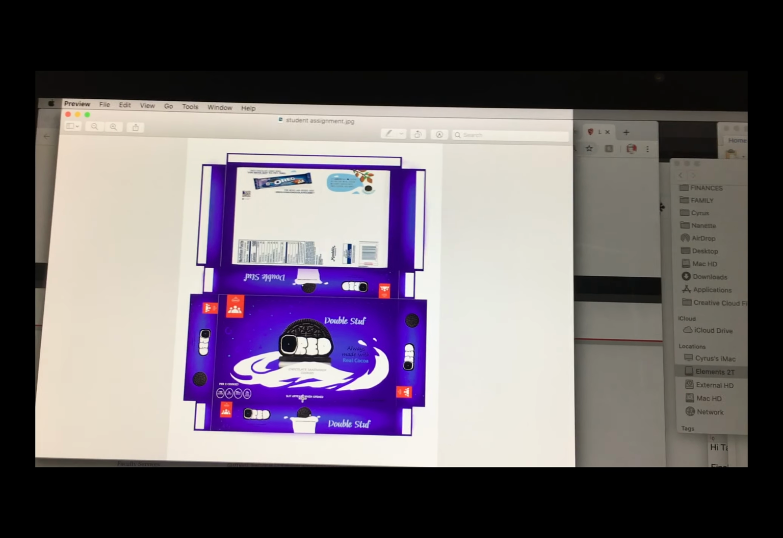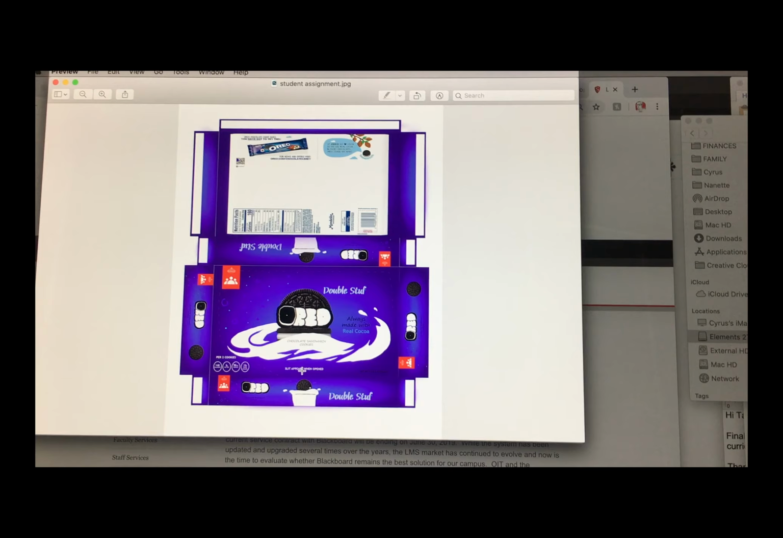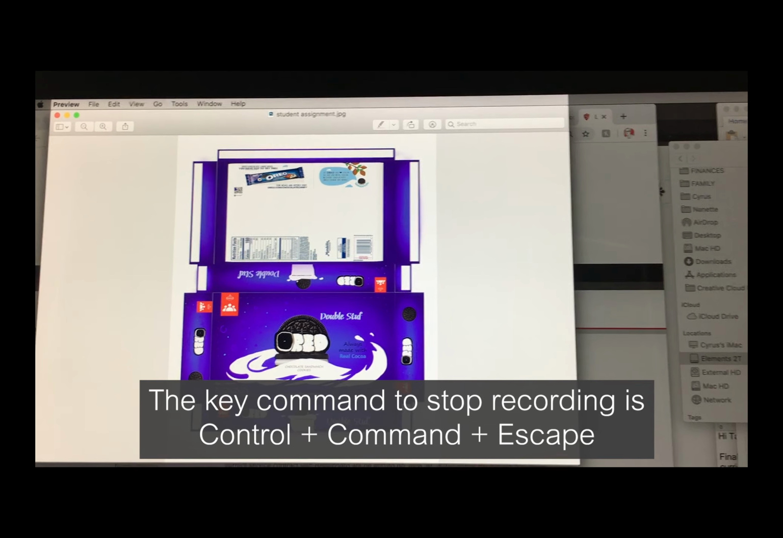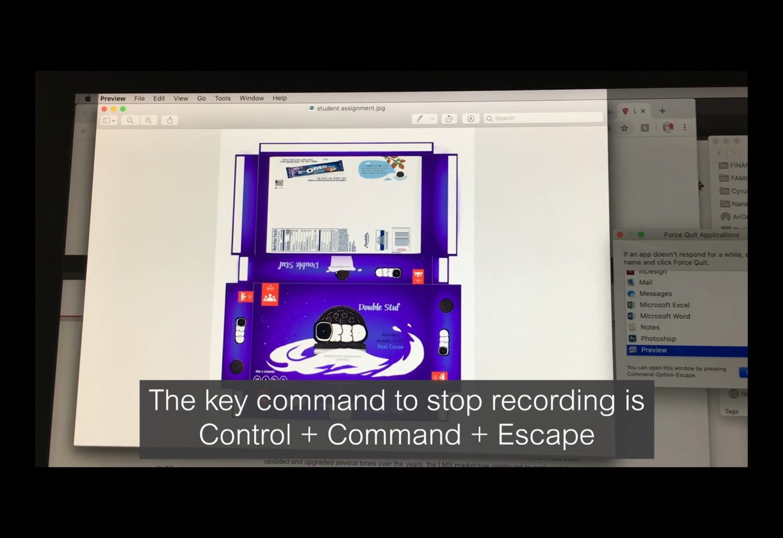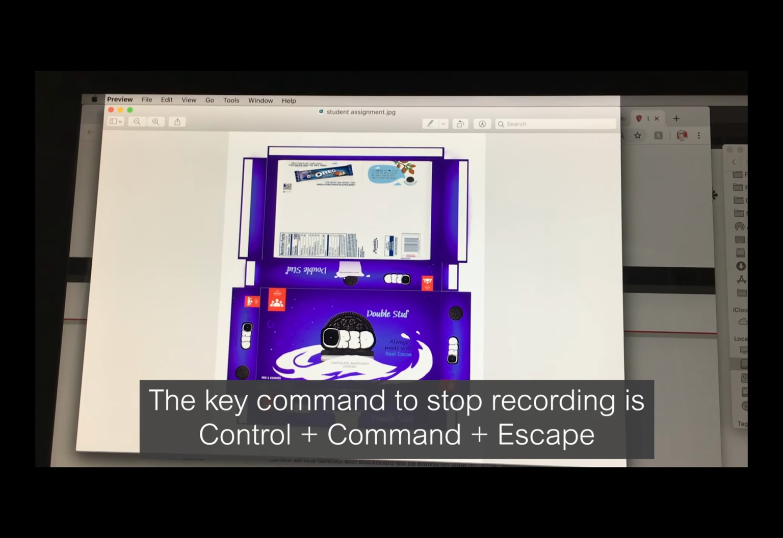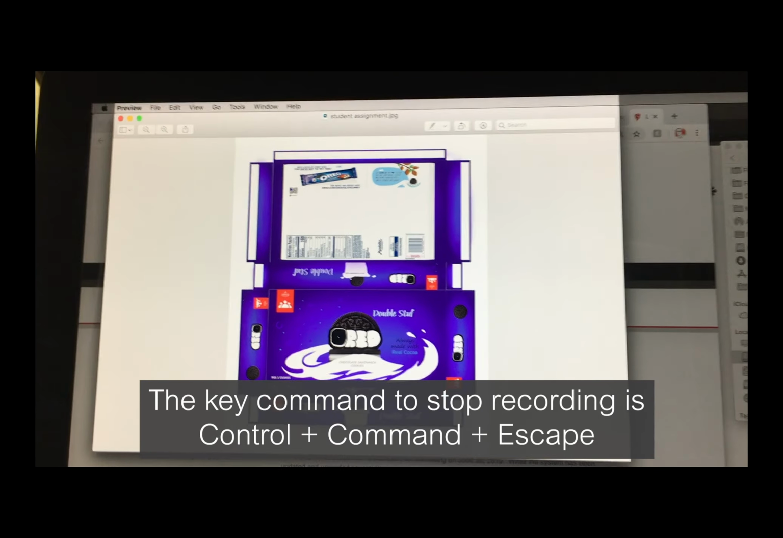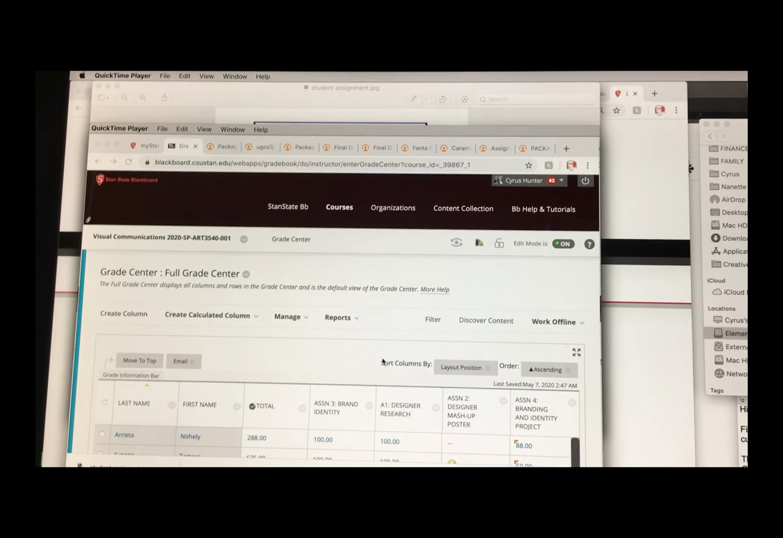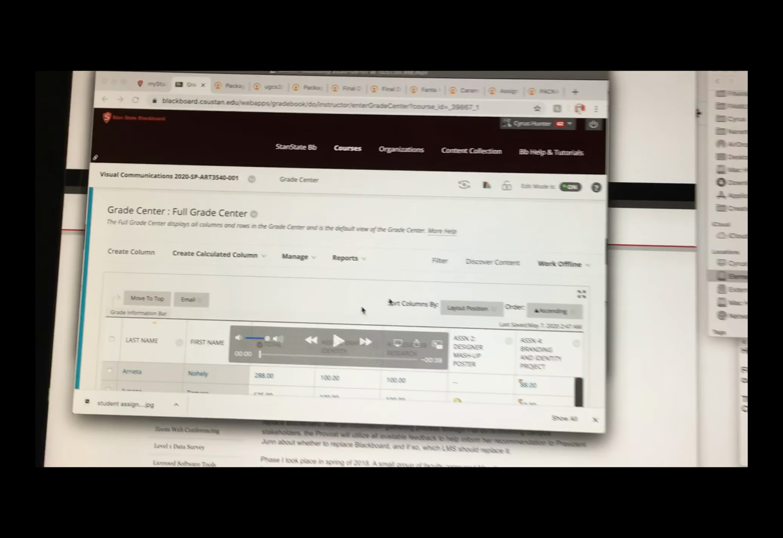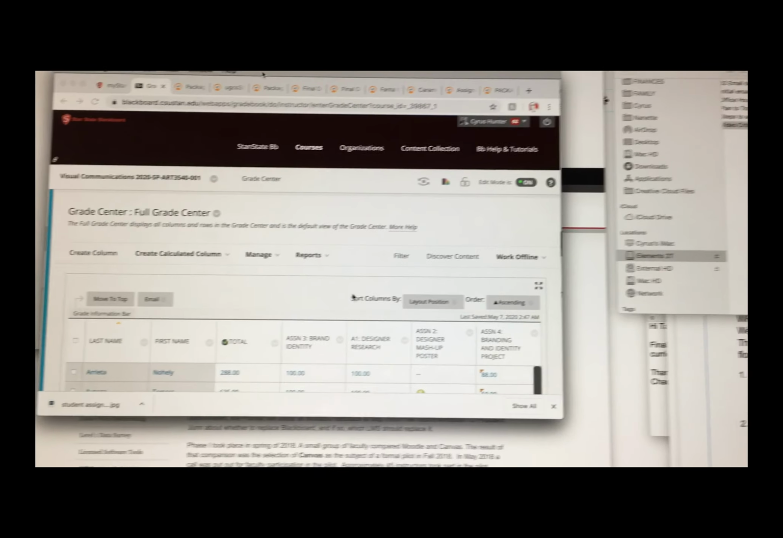When I'm done, I push, I think it's Command Option Escape. Nope. Control Command Escape. I know there's 3 keys at the bottom, so it's Control Command Escape. And that'll stop your video. You can see that it makes like an offset